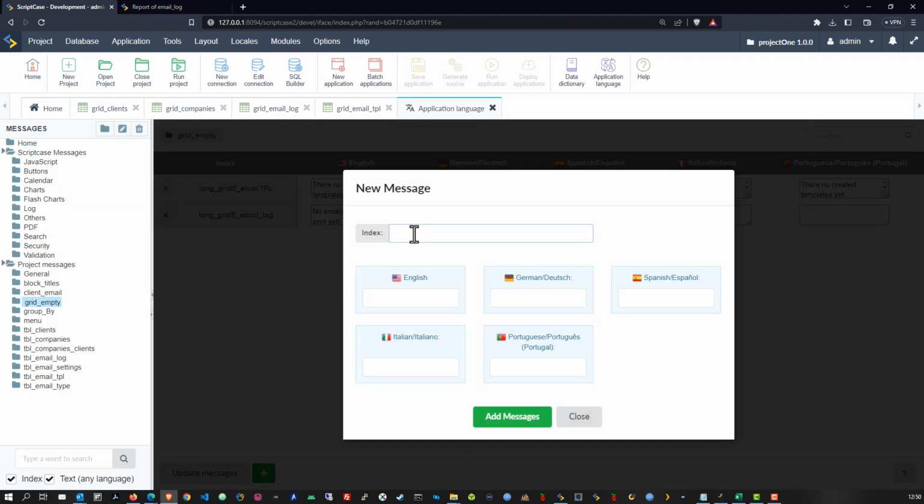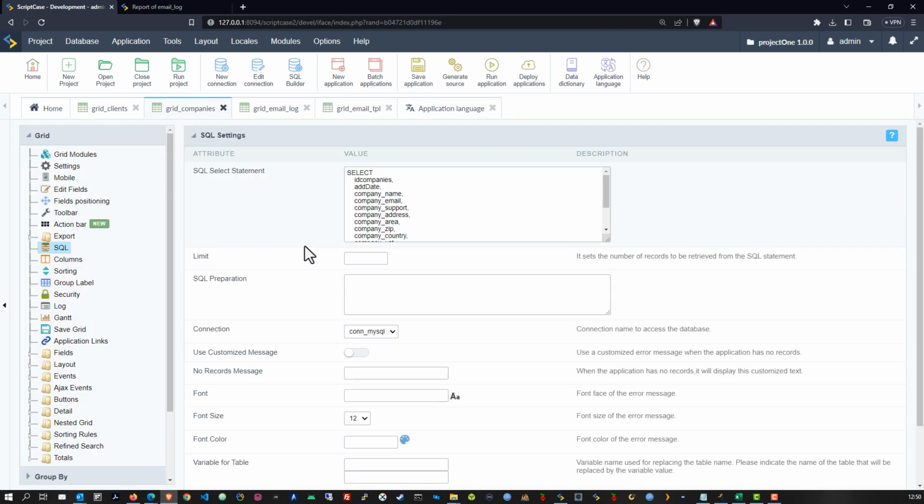So I'll add another language key here, lang_grid_E, and this time let's call it companies, and no companies. Okay, my typing is awful today. Companies, no companies have been added yet. Okay, so just like that, we have added another language variable for our grid companies. So we need to enable that and then apply that within our language